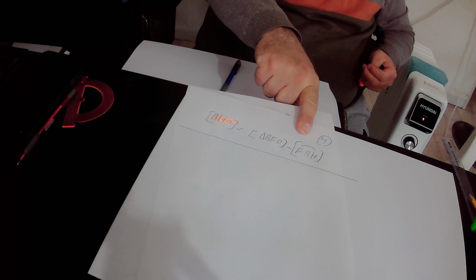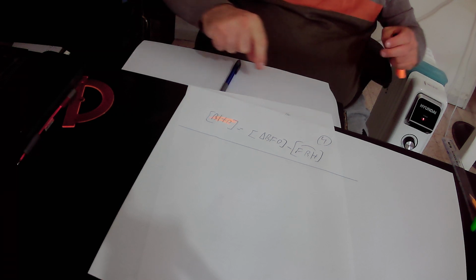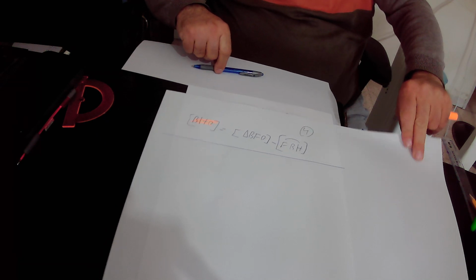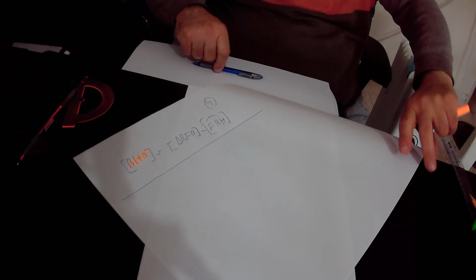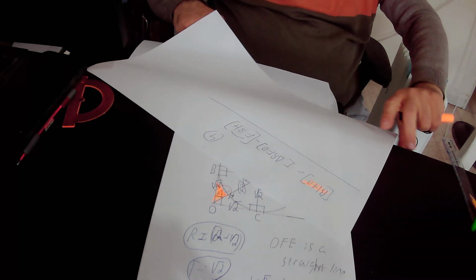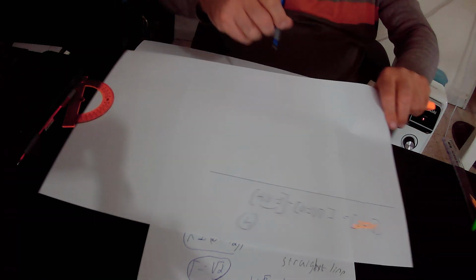It is a portion of the small circle. So the area of shape BHO equals